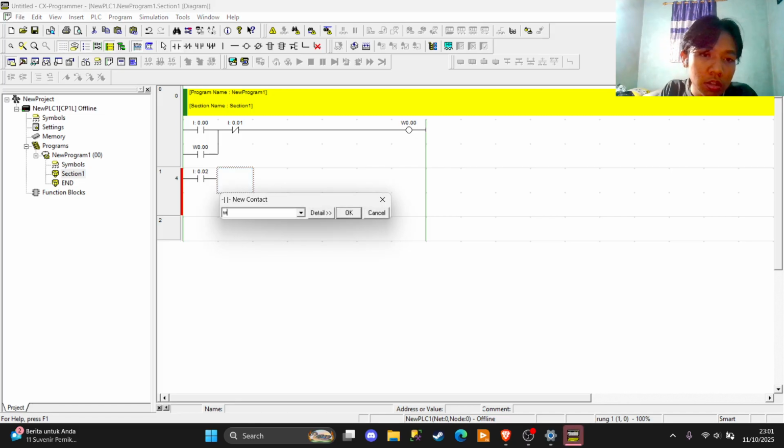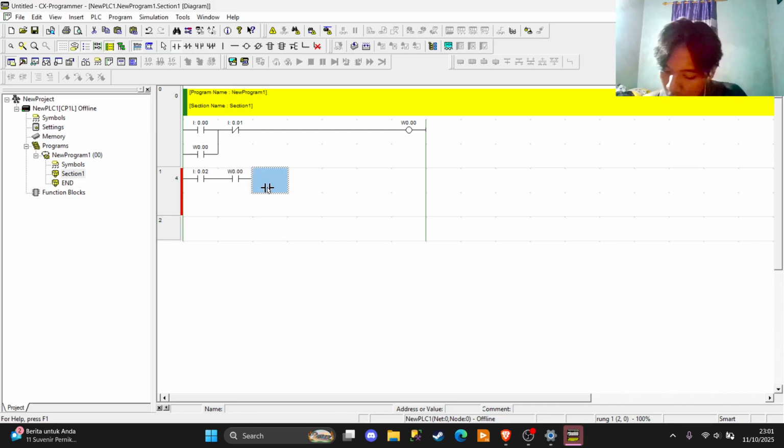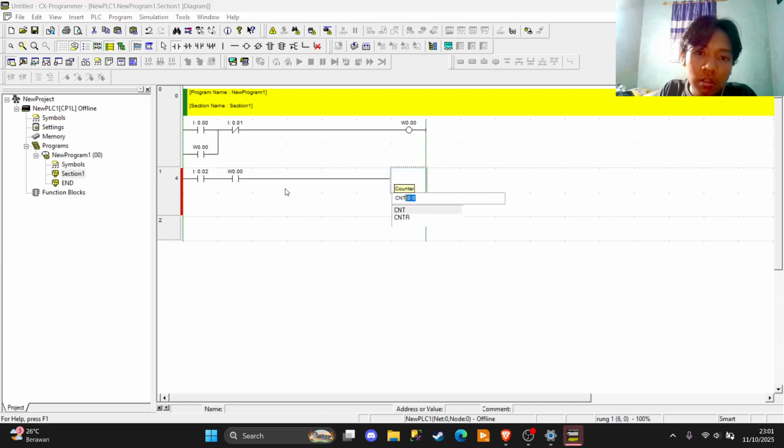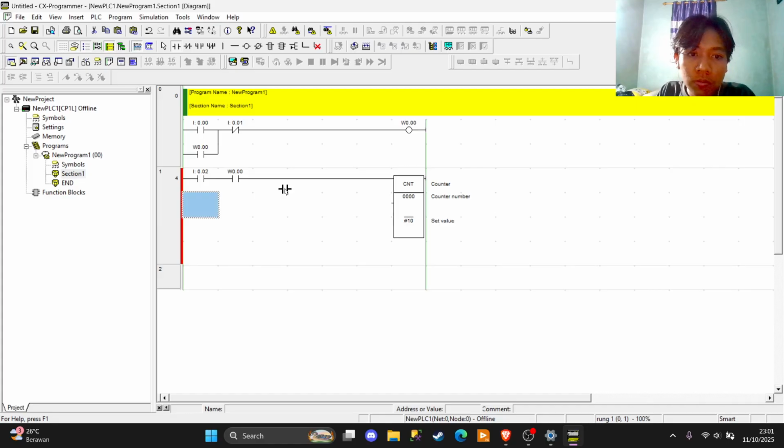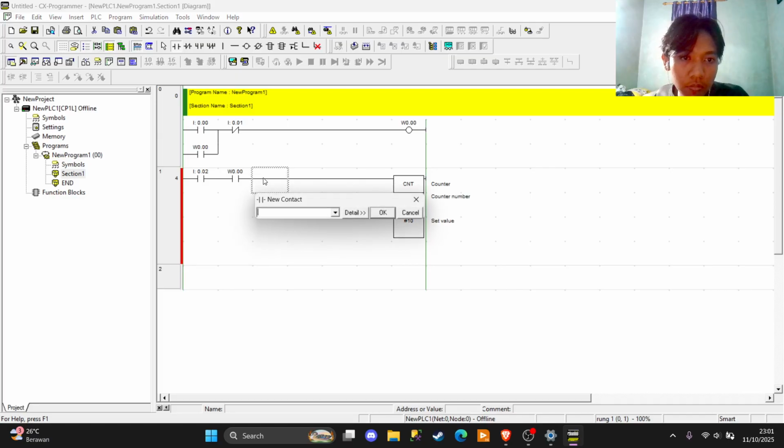So we get W00, enter, and then we should put the counter in here. The address is 000 with value 10.